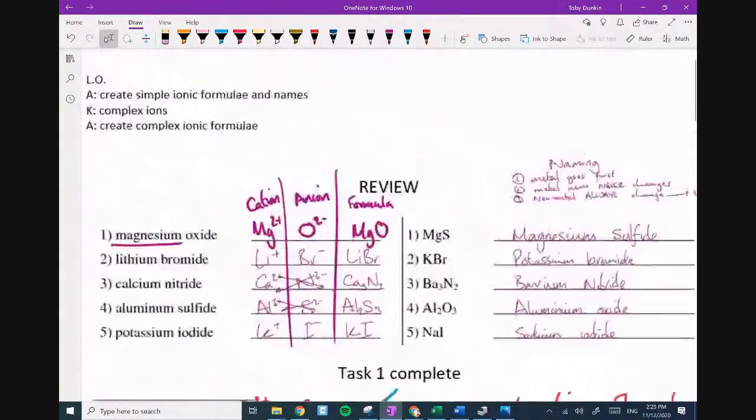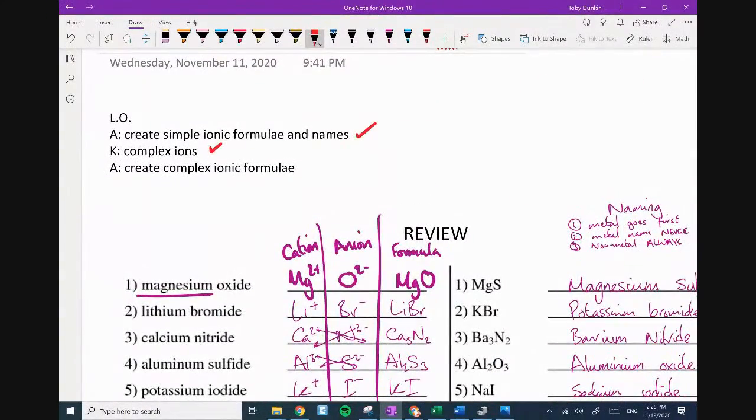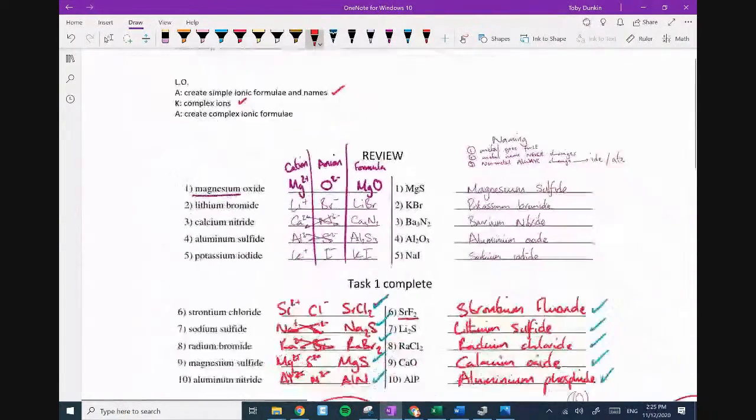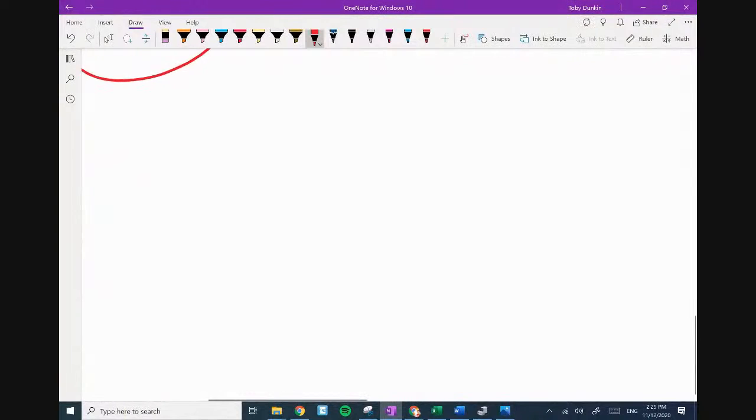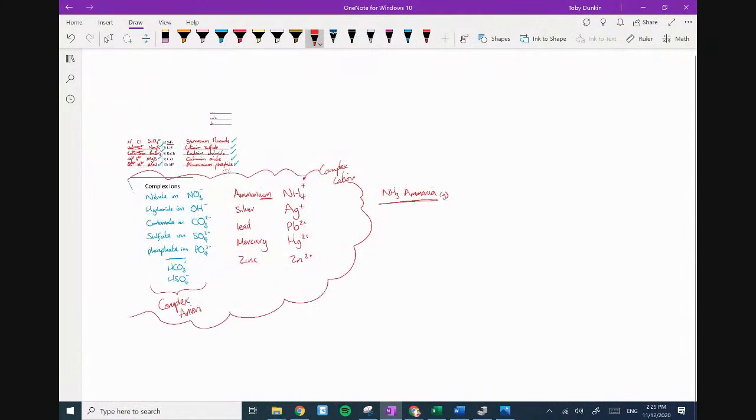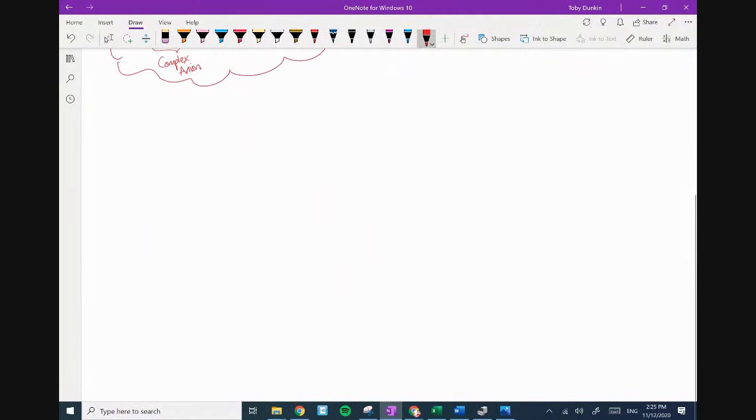So we know our ions. Tick, tick. We need to create complex ionic formulae. Okay, I'll show you how this gets a little bit tricky. So what we're going to do is I'm going to do some questions and we will do one together. And so I'll do one and then I'll put one on the chat. I know I've only got 5 minutes left. So question number 1. Let's go for sodium